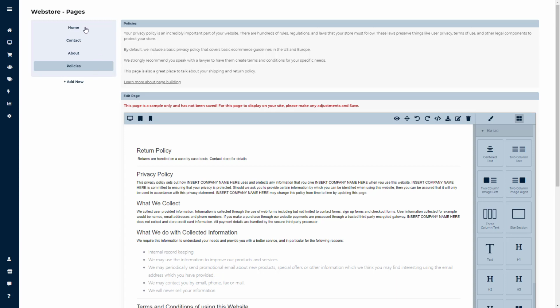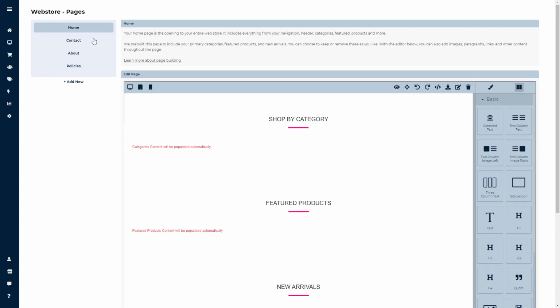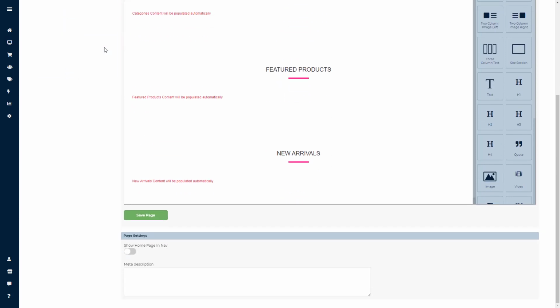In this tutorial, we will review the templated pages and discuss how you can edit these templates. The home page is the first, and this will also be the only page that cannot be deleted. This will also be the only page that has limited options in the page settings module. The only setting you can edit is the meta description, or if you'd like to show the home page in